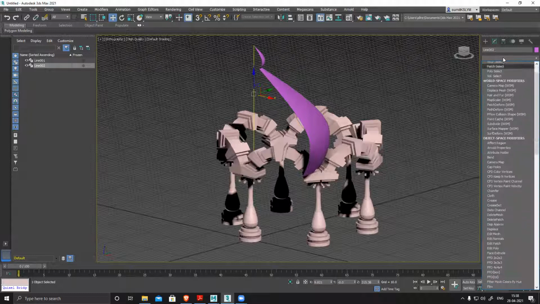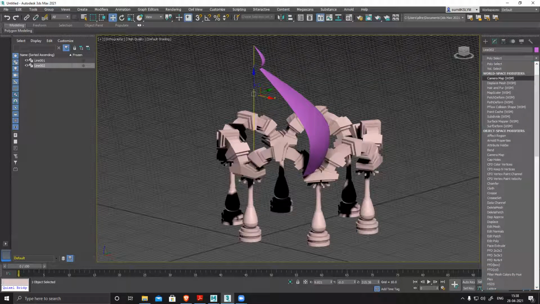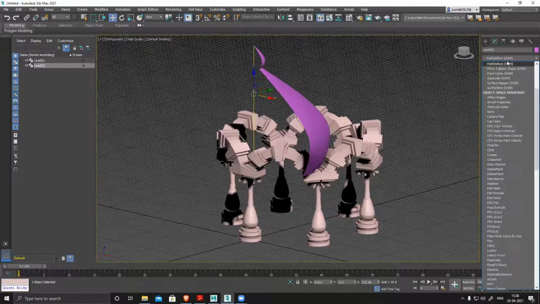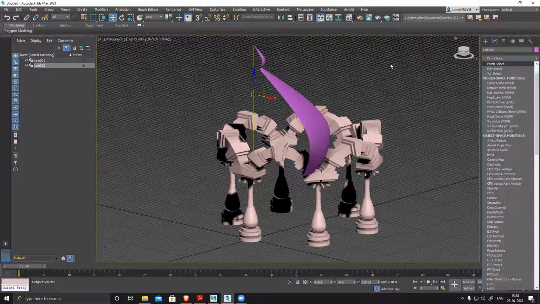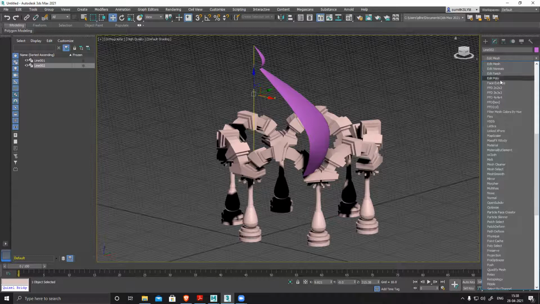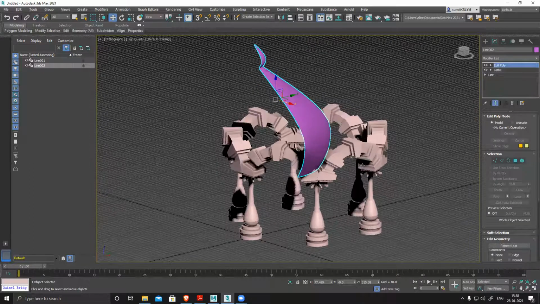Lathe. Sorry, my bad. Edit Poly, I have to press E. Edit Poly.